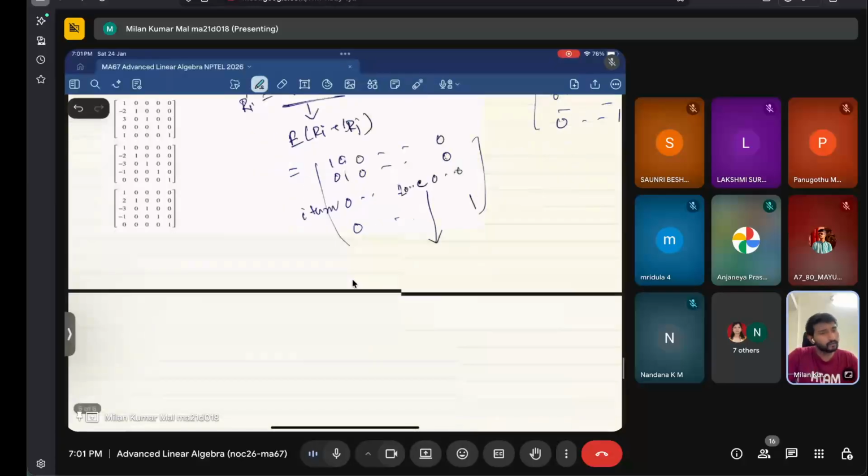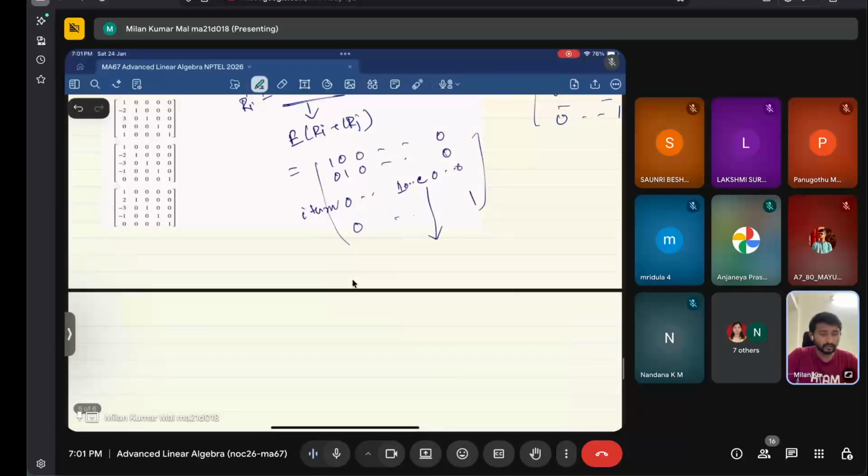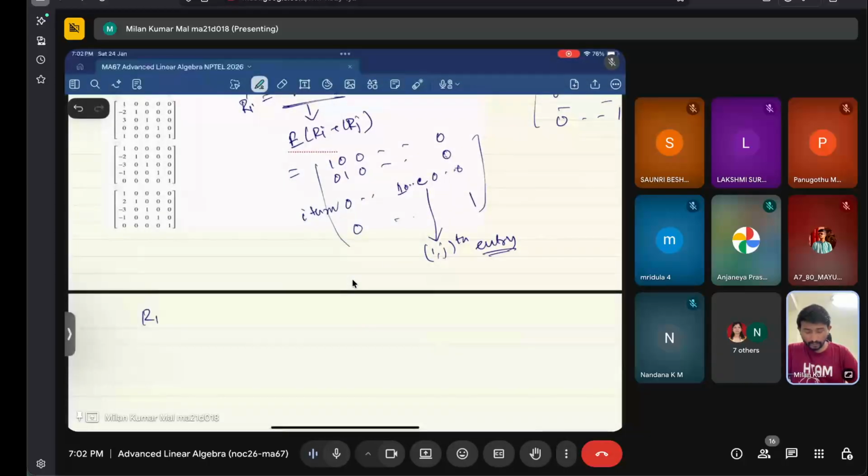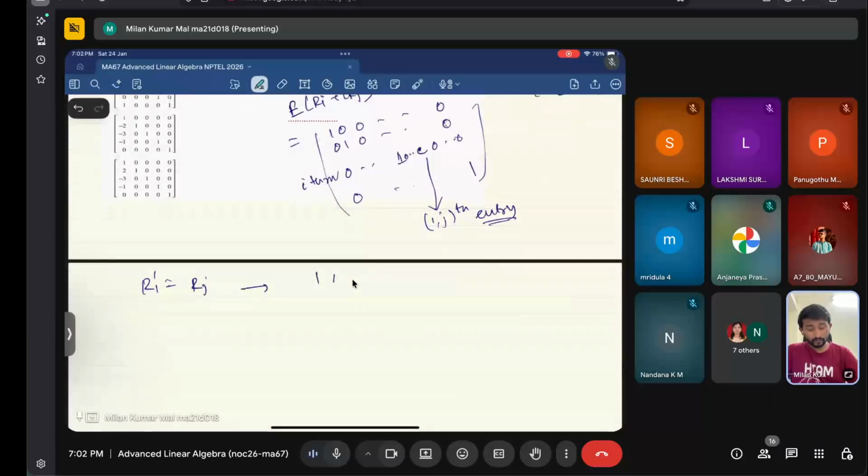And when you are interchanging, you have to interchange the rows. Suppose you want to interchange the ith and jth row, you have to take the identity matrix and change the ith and jth row. Now these matrices are very interesting. Another elementary operation is Ri dash equals Rj, where i and j are not equal. As I have said, we have to interchange the ith row and jth row. Just interchange the ijth row in E, which is the identity matrix